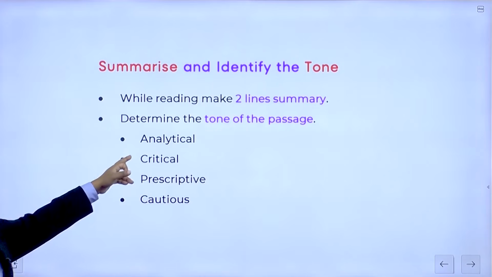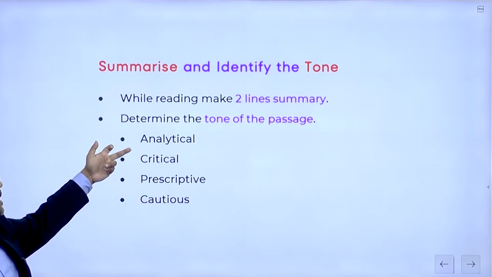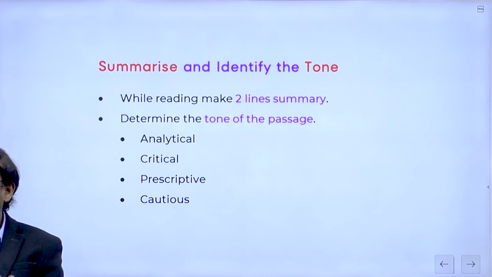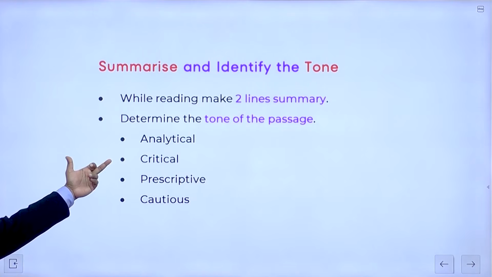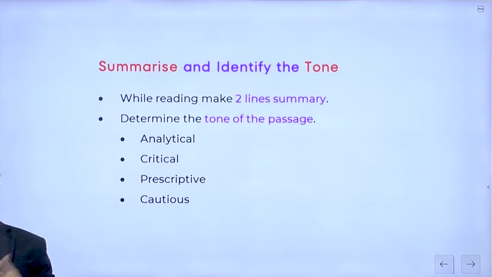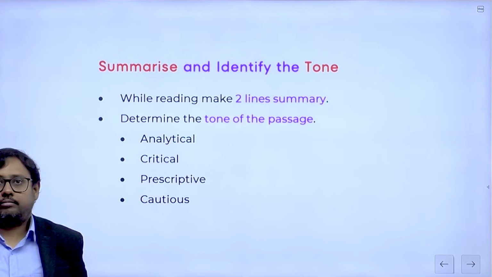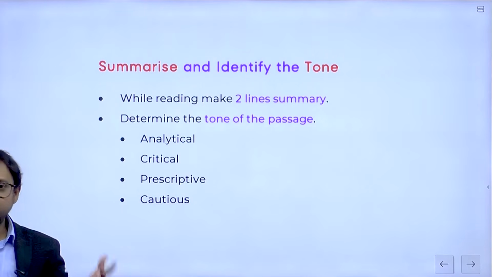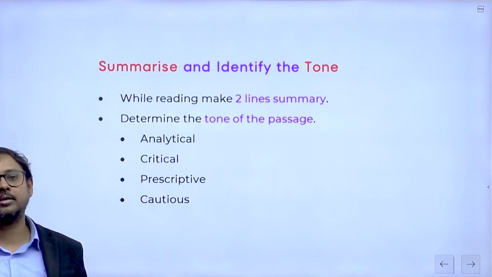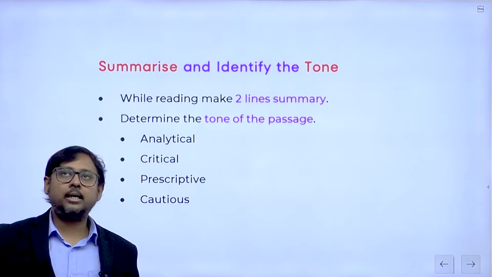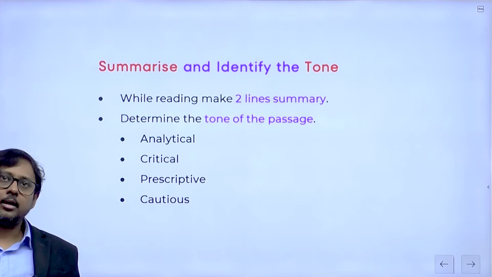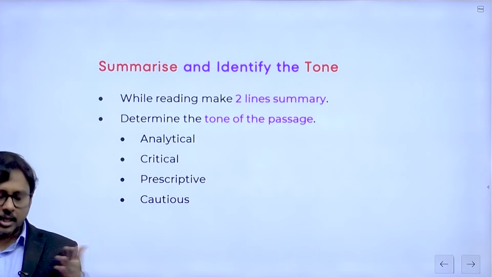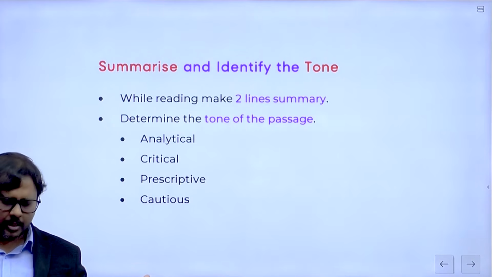Then determine the tone of the passage. You can designate the tone as analytical, critical, prescriptive, cautious. In a passage, there can be 2 tones also. It starts with critical, but at the end it is prescriptive. Example: in the year 2026, the world has still not achieved the climate goals. We have miserably failed in adhering to the Paris Agreement, and the consequence of such failure is